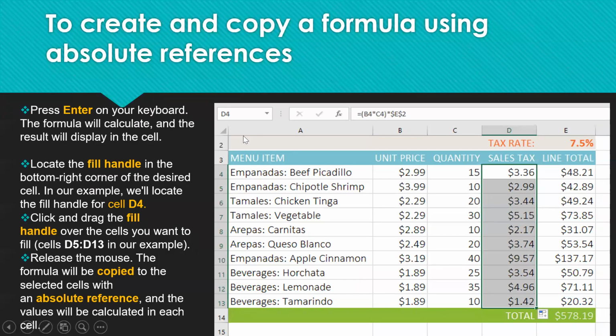To create and copy a formula using absolute references, press Enter on the keyboard. The formula will calculate and the result will display in the cell. Locate the fill handle in the bottom right corner of the desired cell. In our example, we'll locate the fill handle of D4. Click and drag the fill handle.